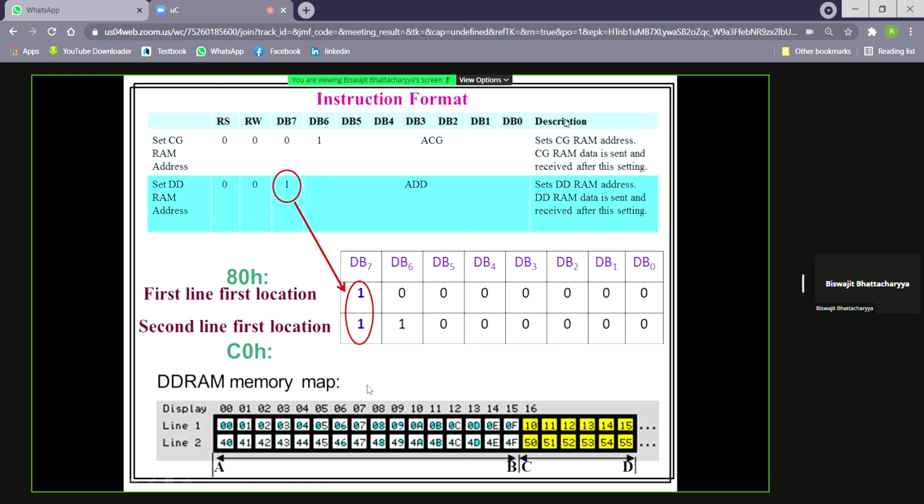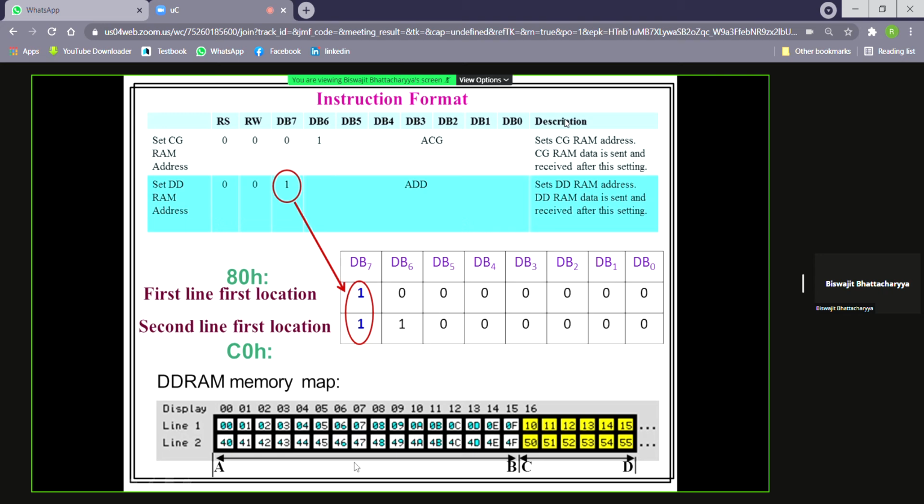So if you want to send a character at the address 07 hex, it will be 1, 1, 1, then 0, 0, 0. So it will be 87 hex. So 87 hex means 07 hex.